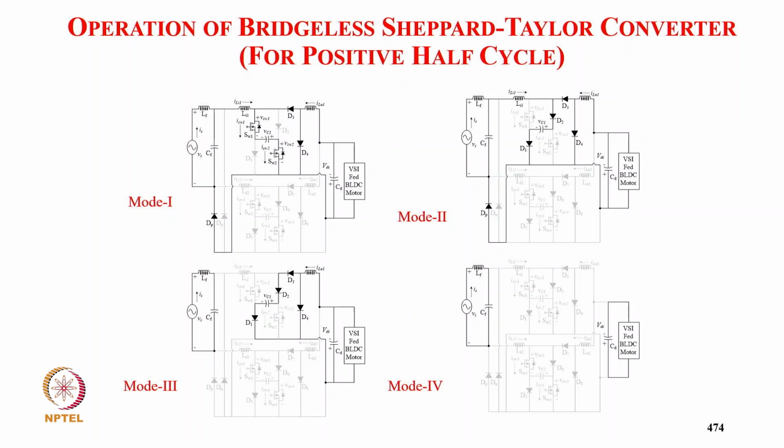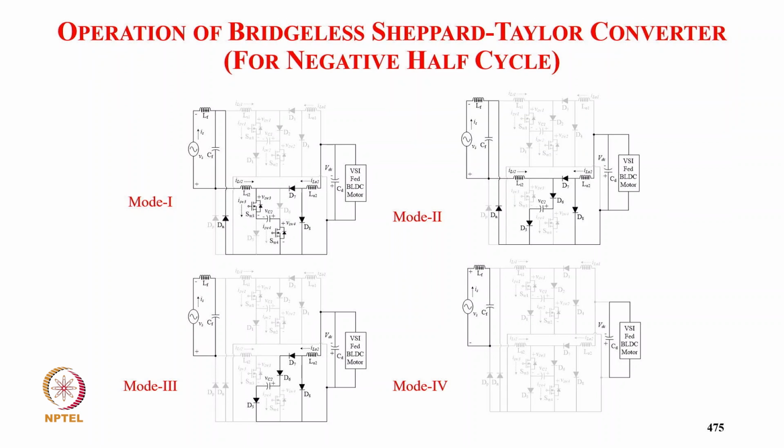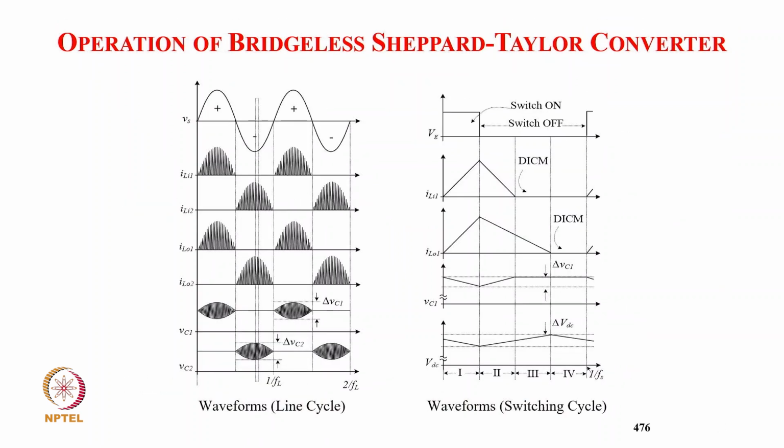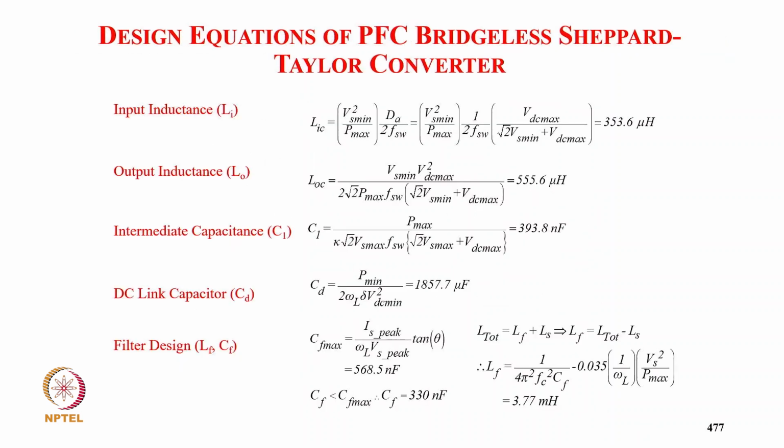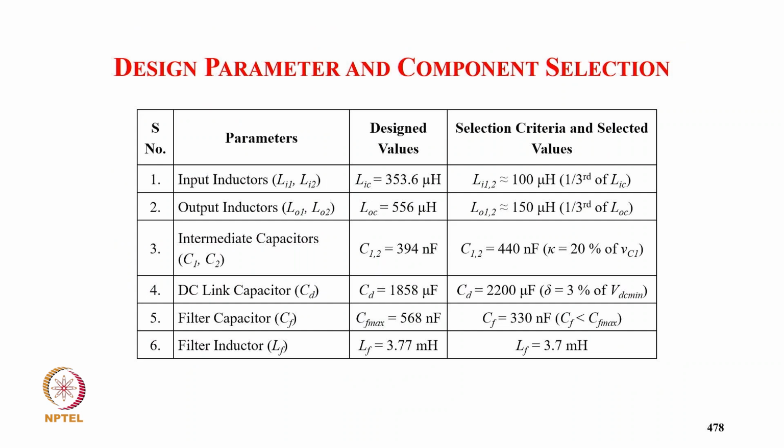Five modes typically for switch conducting, diode conducting, then negative diode conducting, none of the two conducting, and the different modes. So here you can see all the inductor currents are discontinuous and capacitor voltages are continuous. And the calculated size of the inductor goes low. So 353.6 and 556 microhenry for input and output, and we select almost 1/3 microfarad for input inductor, output inductor 150